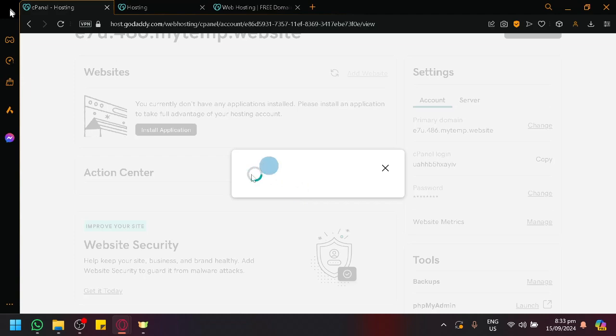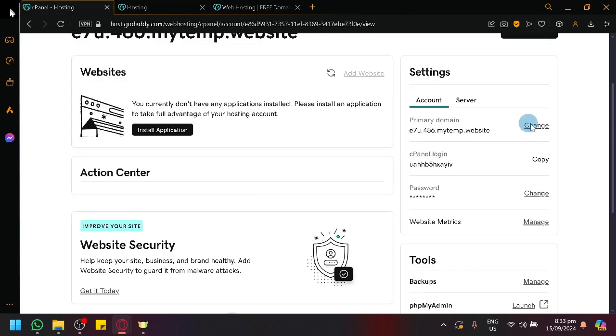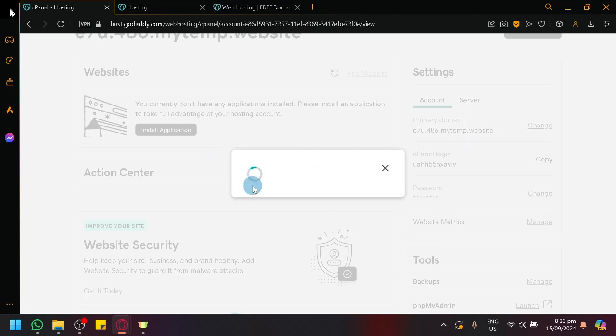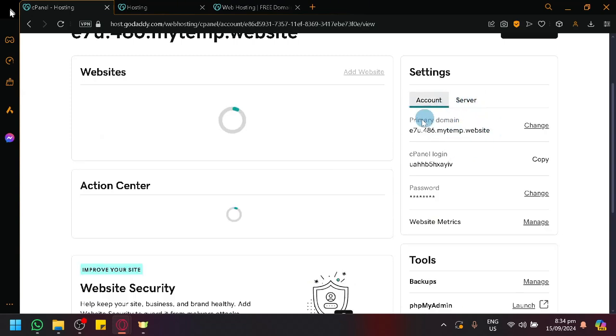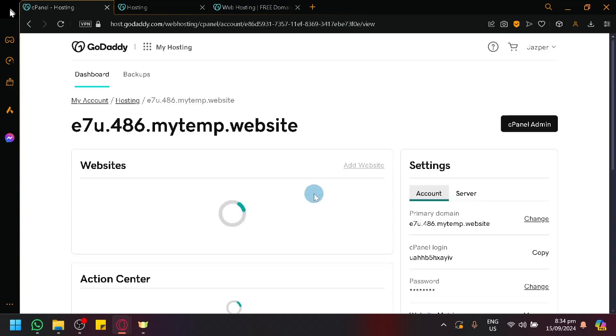So it's taking a while to load. Let's try again. If this does not load in a bit, we can just proceed to the next section of our demonstration or our tutorial. But it is possible to change the domain that you have. But anyway, assuming that you have changed the domain that you want to use, what